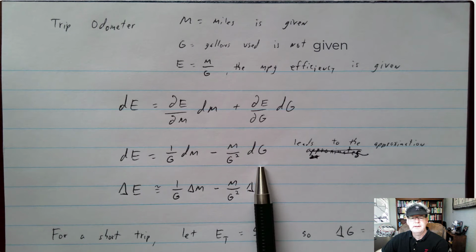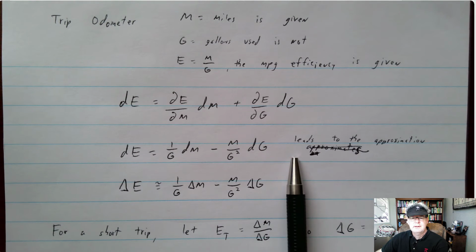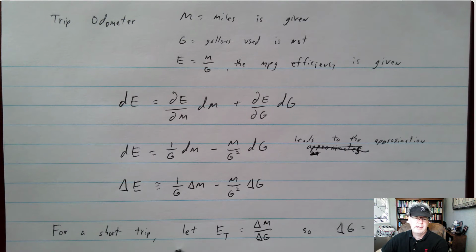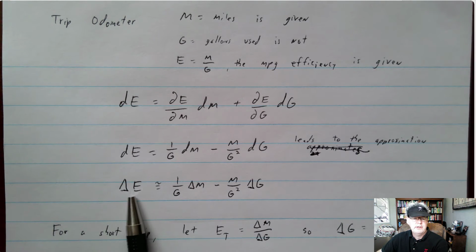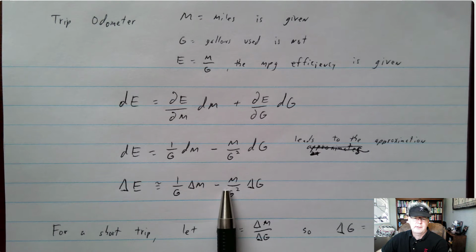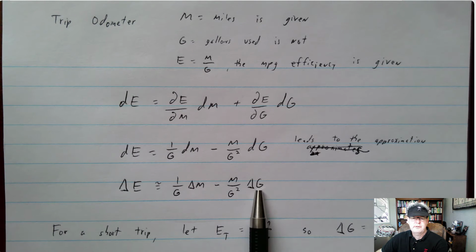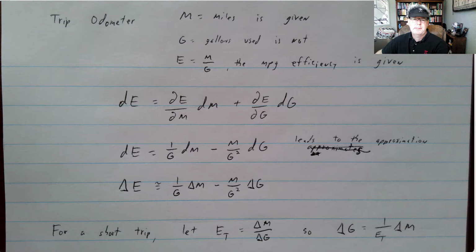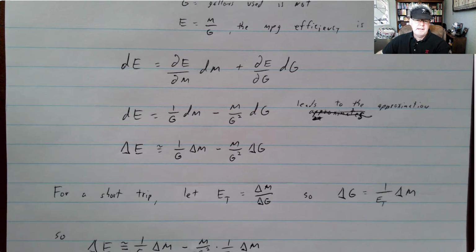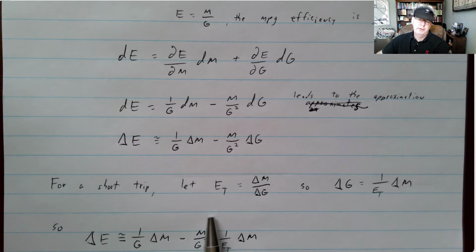So I've got that there, and then dg, and so this differential we'll use to approximate the true change in efficiency. It is roughly then 1 over the gallons times the change in miles minus the miles over gallons squared times the change in gallons. But again, we don't know gallons,